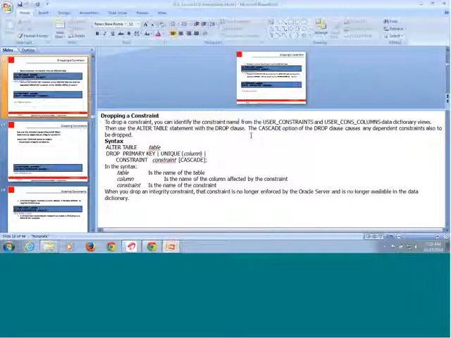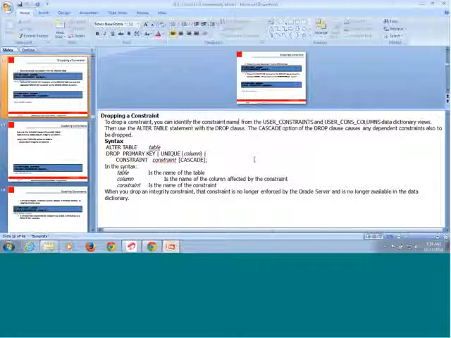Now, if I don't want that particular constraint, I can drop it. We identify the name of the constraint. Why do we give a name? Because that is how we identify a constraint, and we are specific that we want to drop only this constraint, which has this name. We'll have many such constraints, and I can't simply drop the primary key constraint, which is the main constraint on the table.